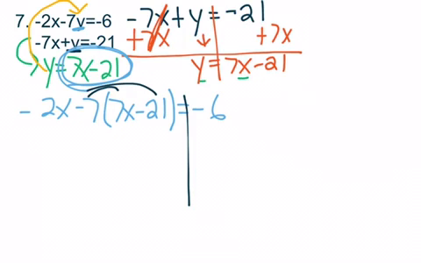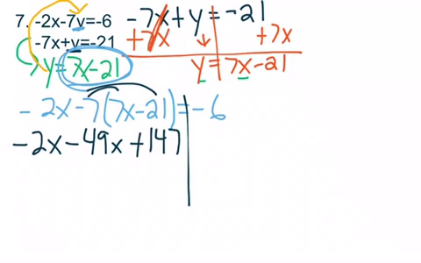Over here I have my distributive property. So I drop down my negative 2x. All I did was bring that down. Negative 7 times positive 7 will be a negative 49x. And a negative 7 times a negative 21 would be a positive 147. And then I bring down my negative 6. Now the commutative property lets me combine my like terms over here. So negative 2x minus 49x would be negative 51x. Bring down my 147